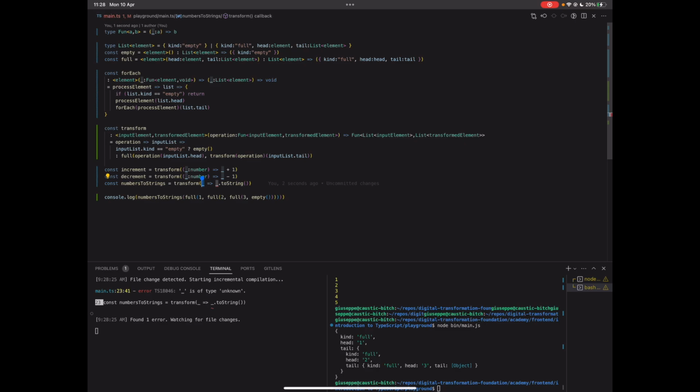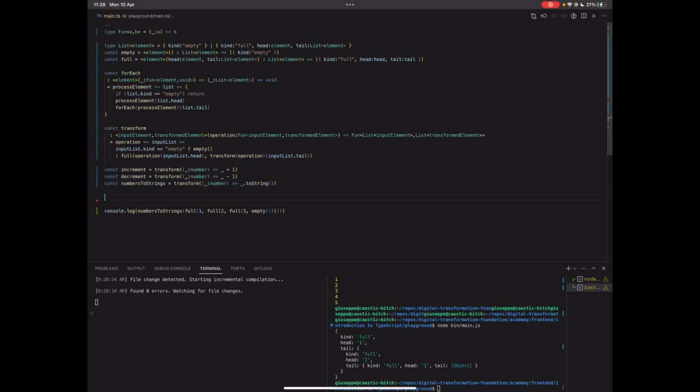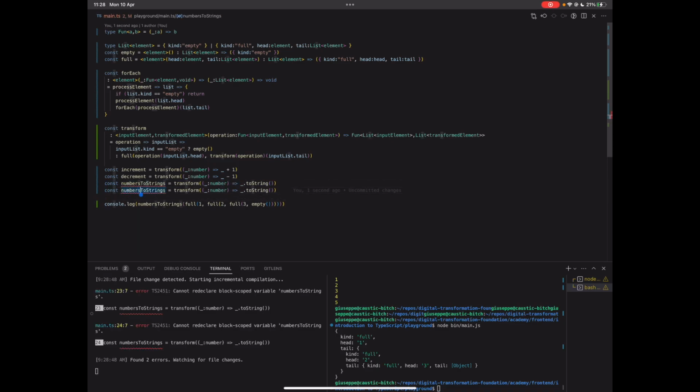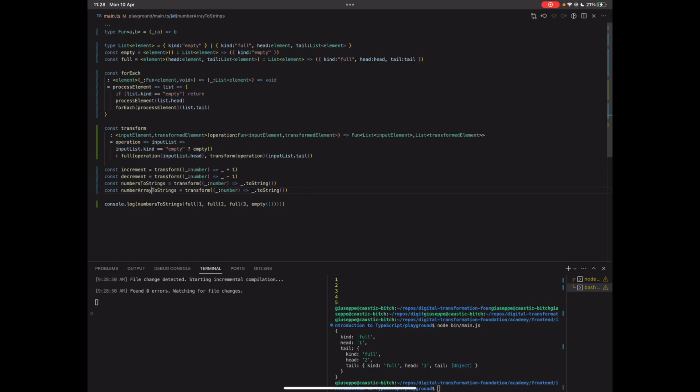Funnily enough though, we are free to do whatever we want, so here we could say number, but now we are not bound to numbers. We could define a function from an array of number into something else, and simply transform over it. So let's say we have an array of numbers, number arrays to numbers, where we add all the numbers in an array. So I could say, okay, the input is an array of numbers, and here we perform,